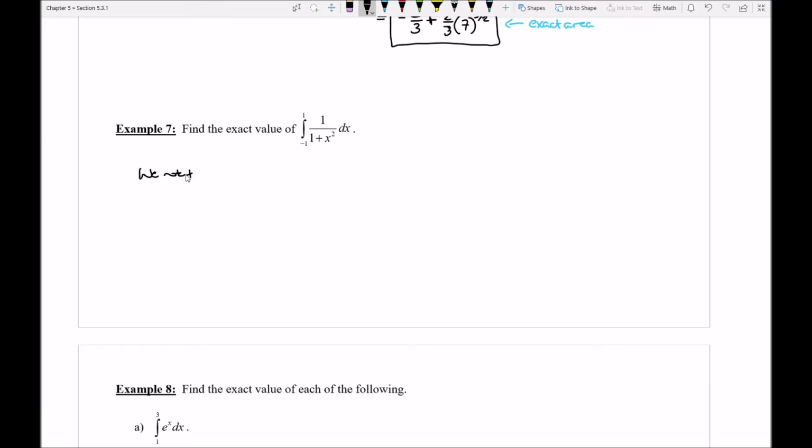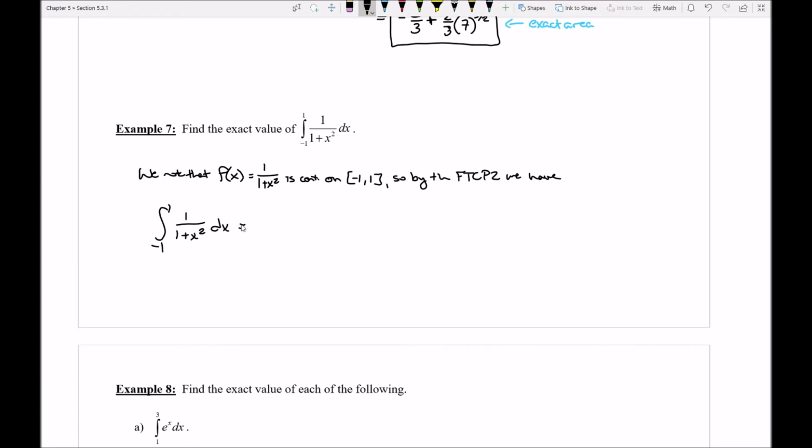We note that our function, which is 1 over 1 plus x squared, is certainly continuous on the interval from negative 1 to 1. No big deal there. Easy to see it's continuous. So, by the fundamental theorem of calculus, part 2, we have that this integral here